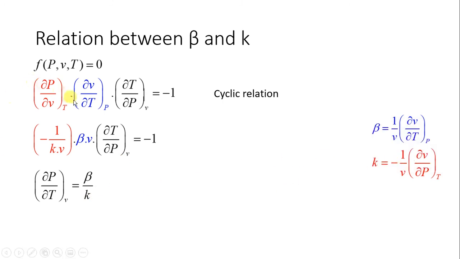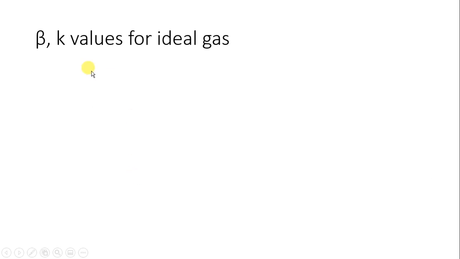Now again we will be using this sometime later in the Mayer's relation. That is why we are going through this. Now this beta and K relation which we have developed, these are general relations for ideal gas as well as real gas, but we can reduce the equation for ideal gas for beta and K. So how to do that? So for ideal gas, it follows Pv, small v, this is specific volume, is equal to RT.